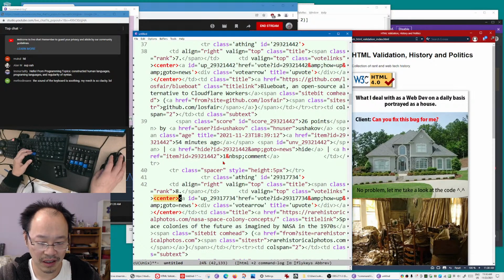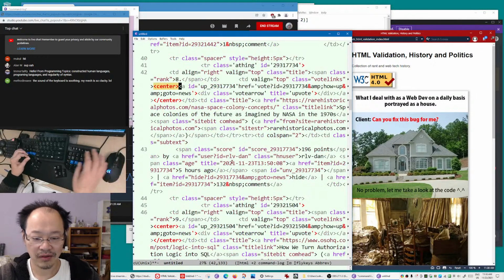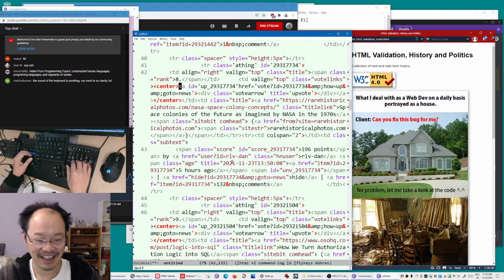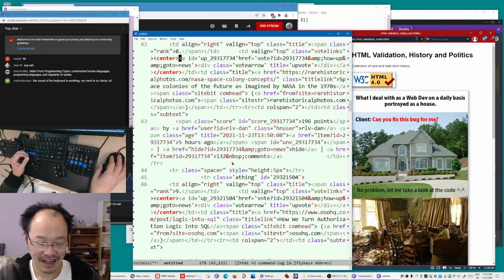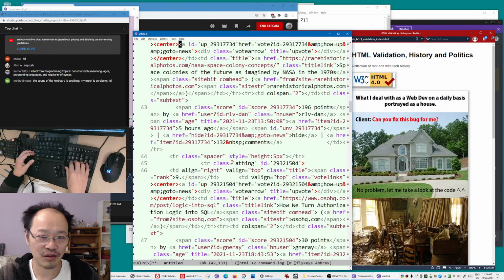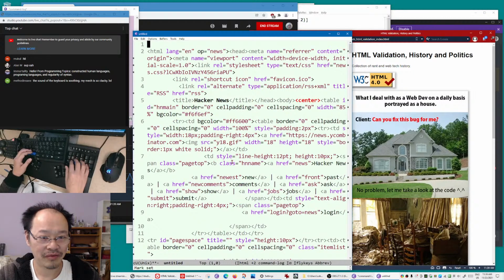That's interesting. The center tag is also kind of an obsolete tag. Yeah, the center tag is 1999. Nobody uses that. I think the tag is actually obsolete, like it's illegal. Let's see what version of HTML they use.